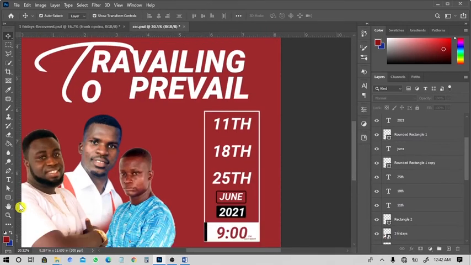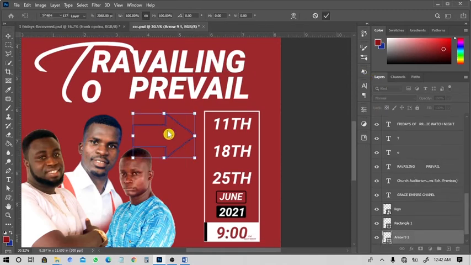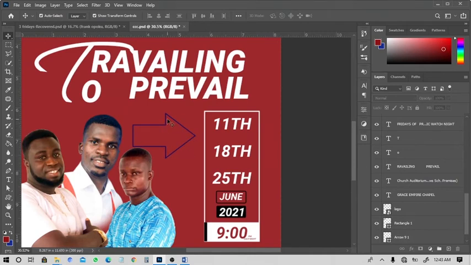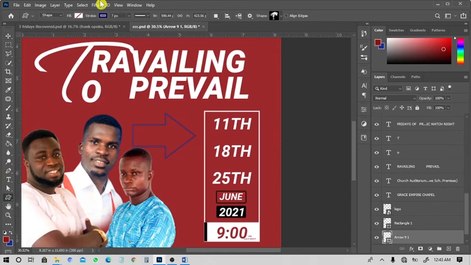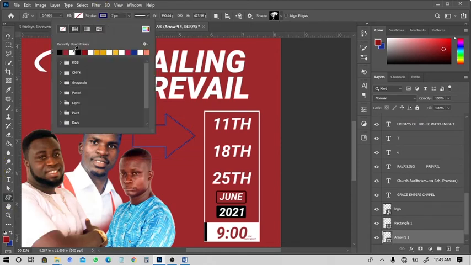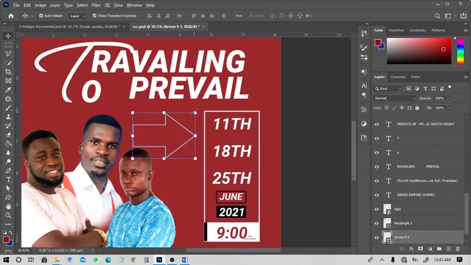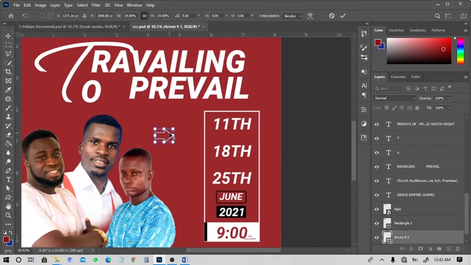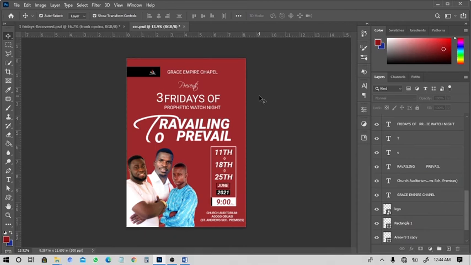Alright, so we're almost done with our design, but grab an arrow sign. You see that the arrow is here, but it is filled with this kind of color which we can't even see really. So what you can do is grab the shapes tool to have access to the shapes at the top, and you can change the color to any color we want, or you can add a fill if you want, but this time around I would like to use a stroke instead.